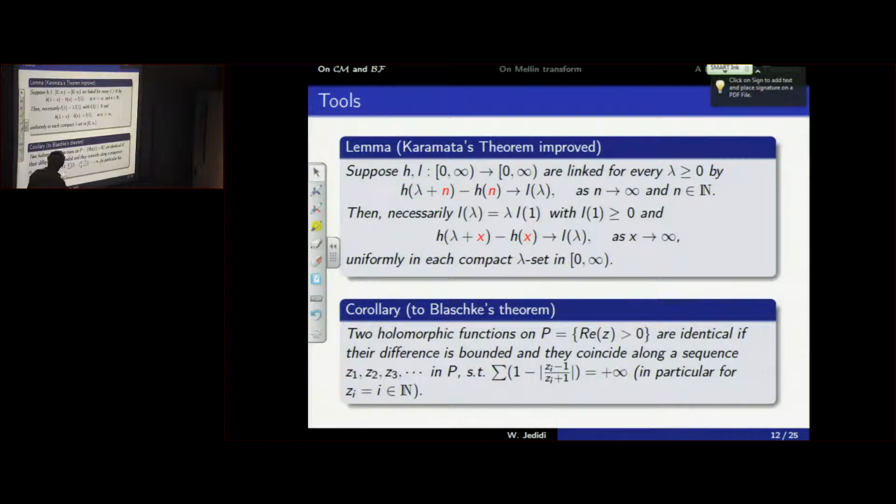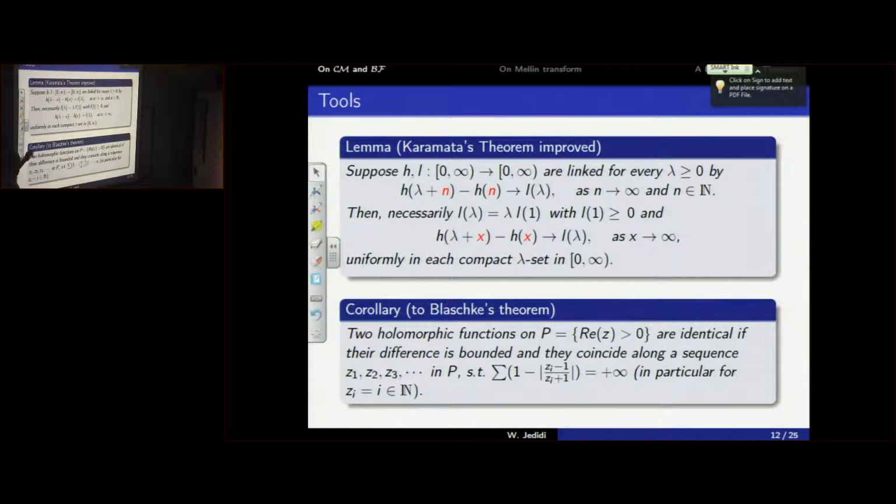Okay? We proved this result: if two functions h and l are linked by this kind of limit, then also necessarily the limit L is linear, and the limit will hold also along the real numbers, and it will hold also uniformly on each compact set of R+. We also appealed to